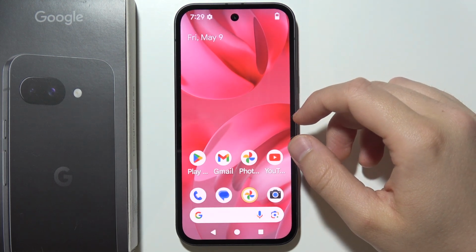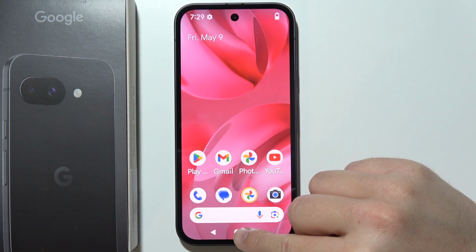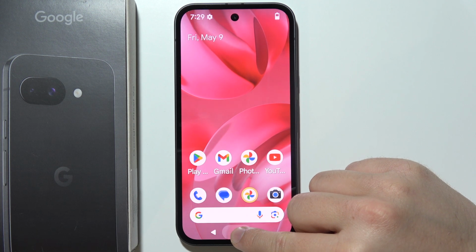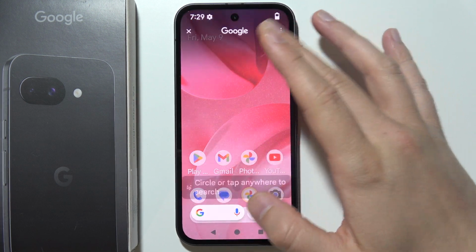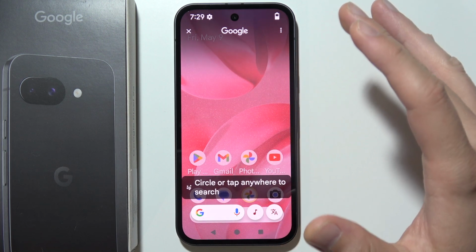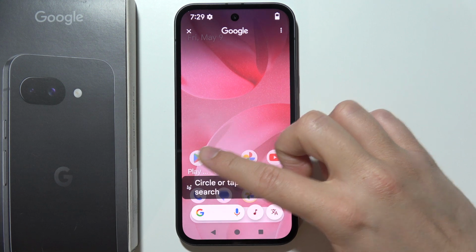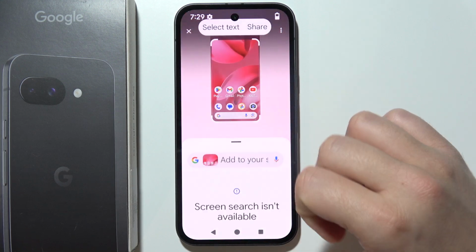To use Circle to Search on the Pixel 9a, all you have to do is click and hold this home button until the screen changes a little bit like this. Now you can circle or tap anywhere to search for some specific phrases. So if I want to search, for example, for the Google Play Store icon, I can just tap on it